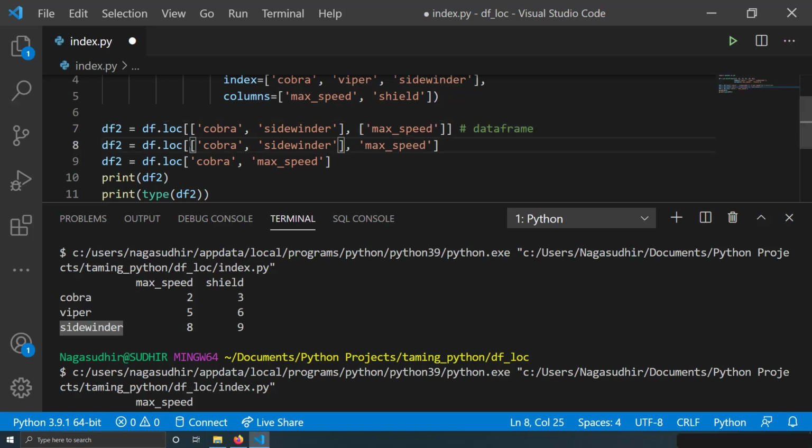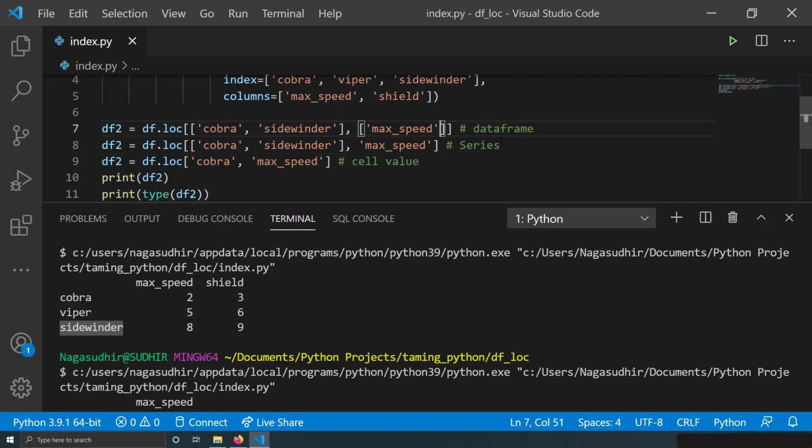And here I have given only one argument as a list, and another is just a string, which is a column label. So here also I will get a series, because I have got only one list, right? And if I give both of them as row labels and column labels, not lists, then I will get a cell value. Okay, so this is how it works.